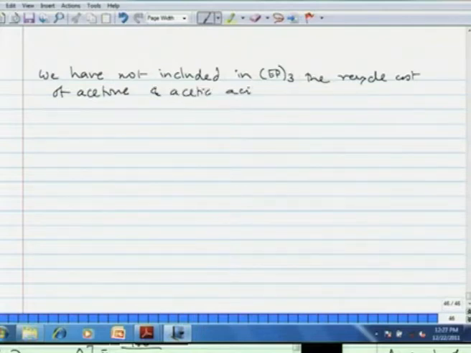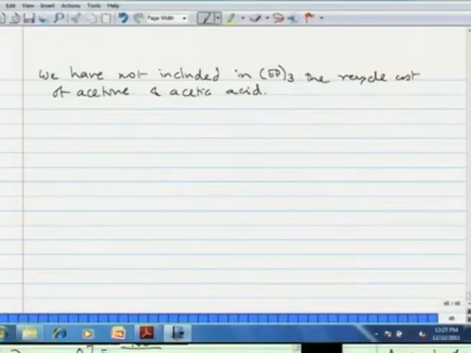However, you can easily note that both acetone and acetic acids are liquids at NTP conditions. So, you will require simple pumps for recycling them, and the cost of pump is rather negligible as compared to the other costs that we have seen. Okay? And therefore, we have not included here the cost of the recycle streams. Okay? That point we note.